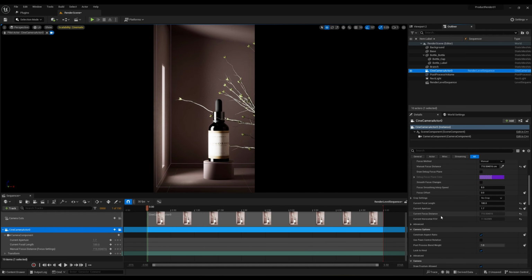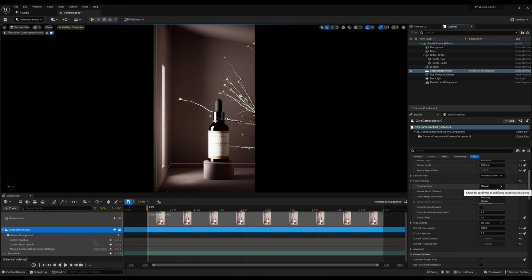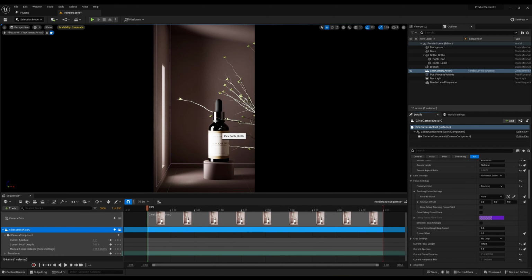I'm going to select the camera. I'm going to change the focus method to tracking. Open tracking focus settings. I'm going to select the eyedropper and click on the bottle. Now, no matter how much we move our camera, we will be focused on the bottle. Now to start animating,